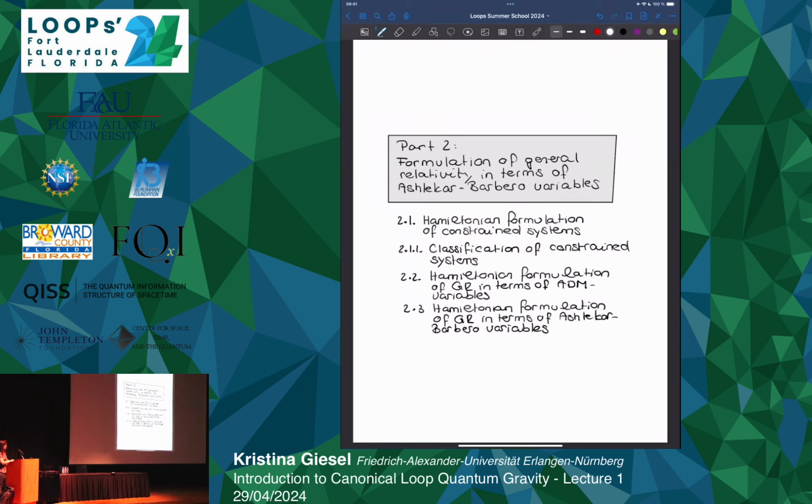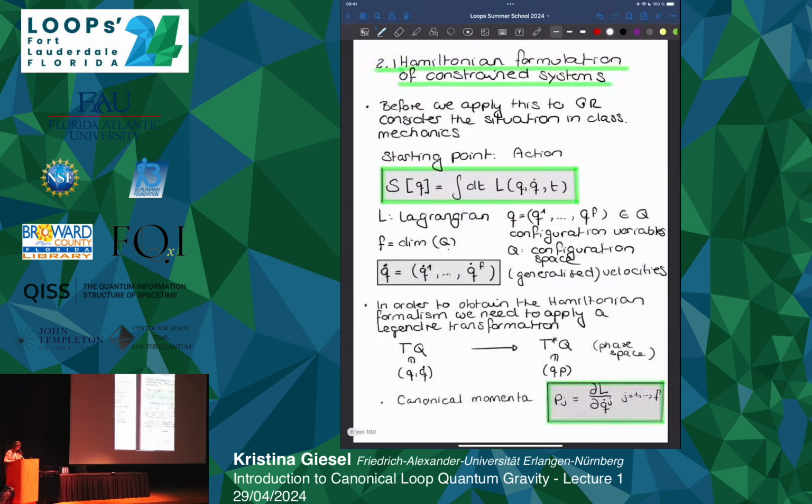Now, the original first Hamiltonian formulation in GR was given in ADM variables, and this I will also briefly cover. And this is then the starting point to explain what these Ashtekar-Barbero variables are and how they are related to the ADM formalism. Okay, so let me start with